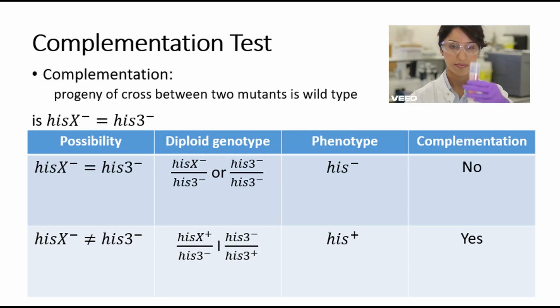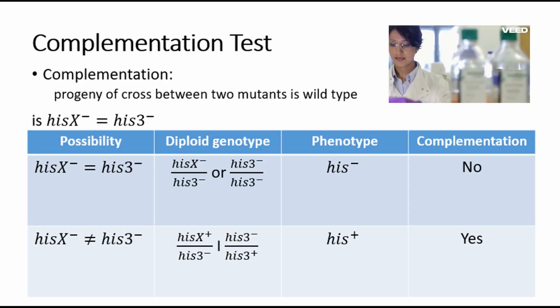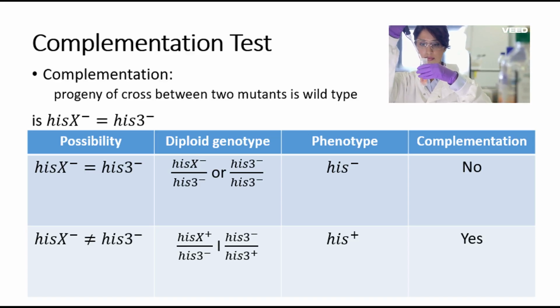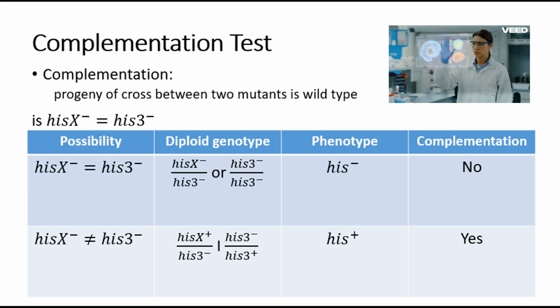In this case, because we know nothing about the gene function itself, we just have a strain that we've isolated that is his-. We really can't make any assumptions about what it is. If we actually knew the gene sequence, knew, for example, that this his3 actually is just lacking a his3 gene, then we can make some assumptions likely about whether it's dominant or recessive, or what the resulting phenotype of that cross would be. But if we don't know anything about it other than it's his deficient, then we actually have